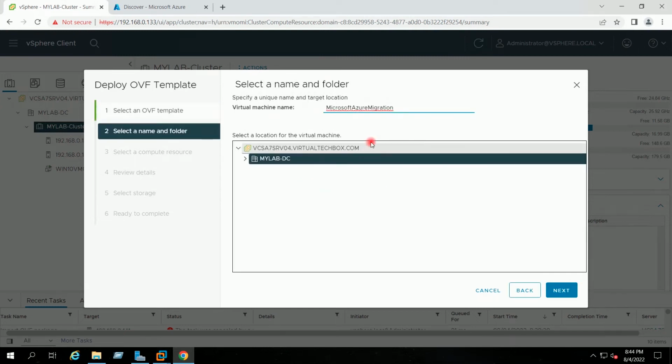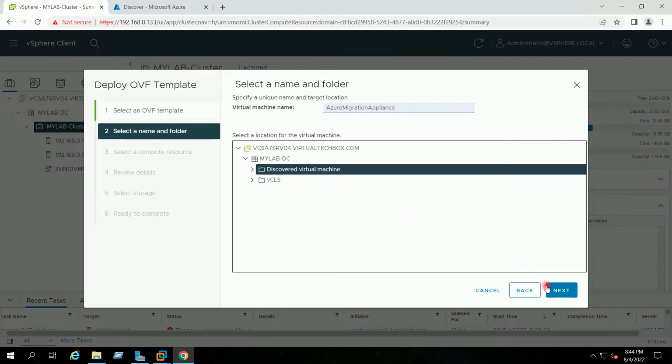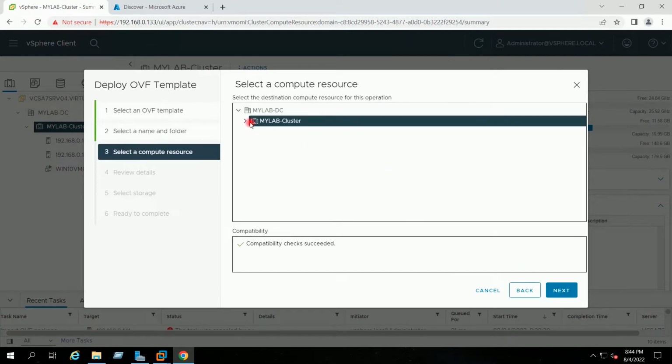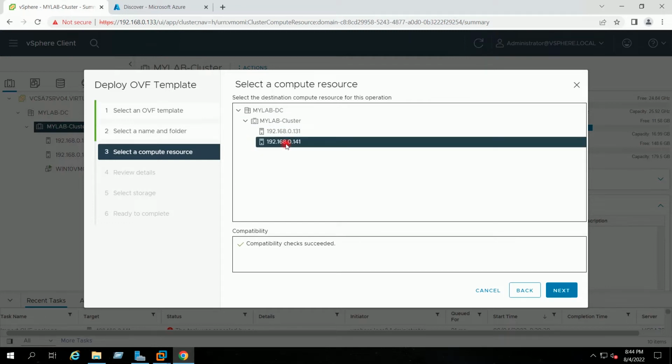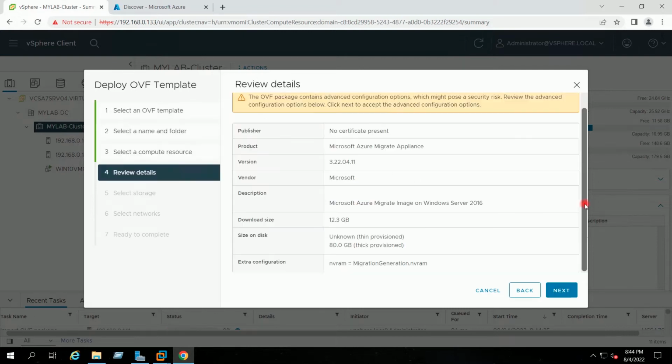Next I will give the name to the appliance, Azure Migration Appliance. I will select the folder. Next, I will select the second host to deploy this appliance. Next,